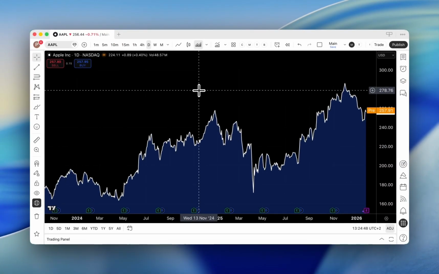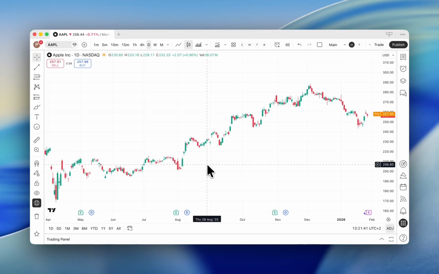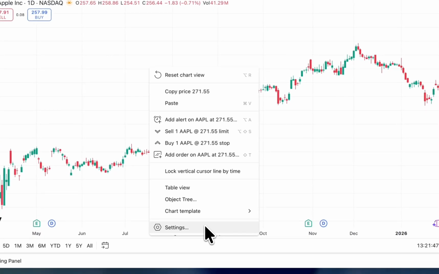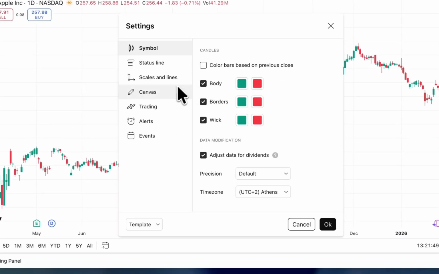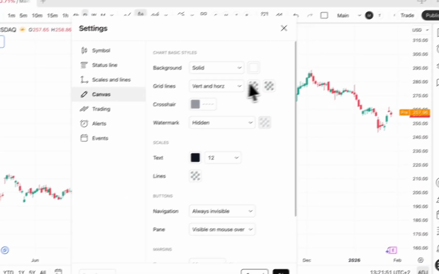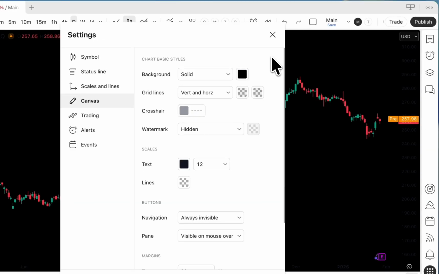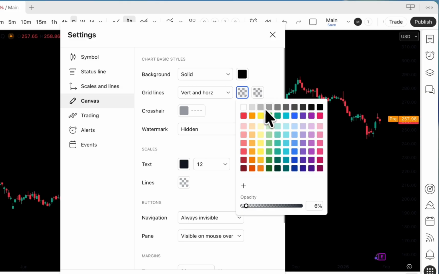So today we are going to make our TradingView chart look like a price chart from a Bloomberg terminal. First, we change the background. We go here to settings, canvas, background, solid, black. First change, grid lines, we make them